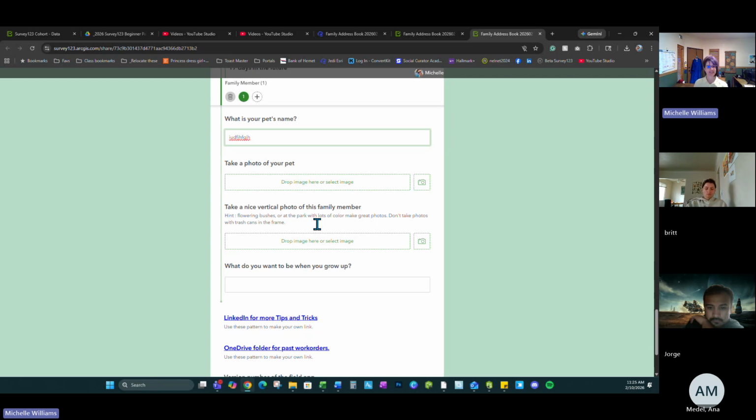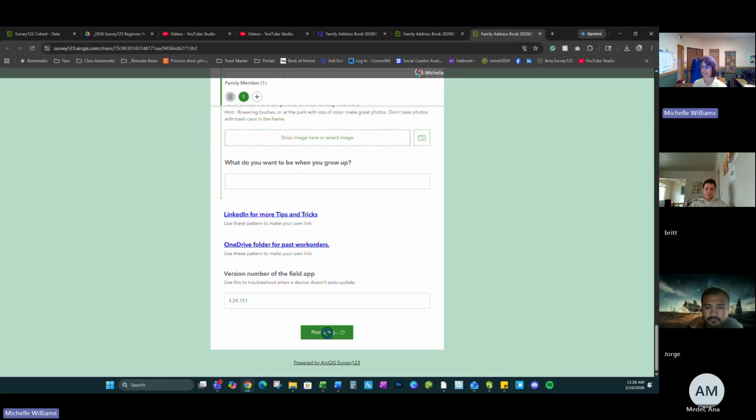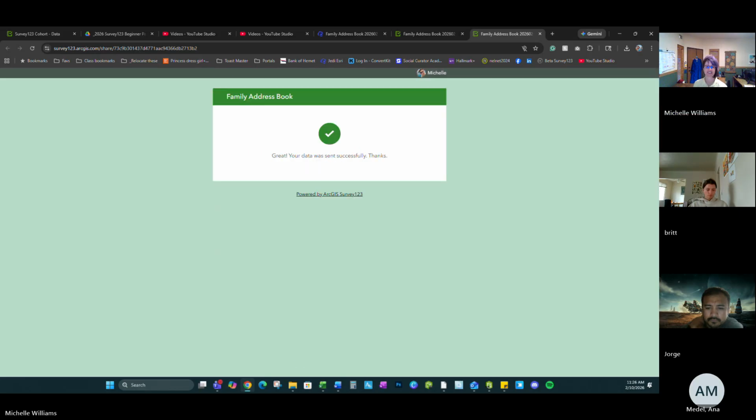For folks that are going out, like I do fire footprints, and we need to take pictures with some kind of a long-standing monument. Maybe it's a grouping of rocks, or trees are hard because after a fire, a lot of those trees are going to be downed. So you've got to make sure to tell them exactly what you want them to do. And then once we're all done, we hit the submit button. And it worked. That's always a good sign. And now we can go back to,